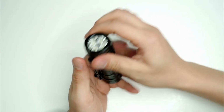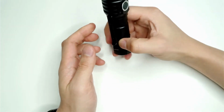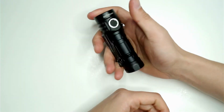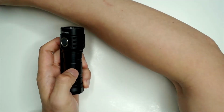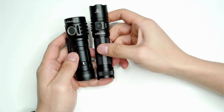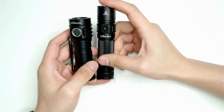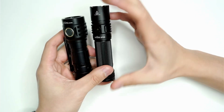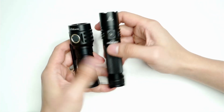Out of all the torches that I bought recently, these EDC torches, I find that I'm carrying this one around quite often, and the reason is the size of it. Some people say that the head is a little bit thicker, and it can be tricky to carry compared to, say, the Sofirn 35, and that's definitely a consideration if you want something that slips into your pocket more easily. The Sofirn 35 has a bit more length on it, and its hotspot is a lot smaller than